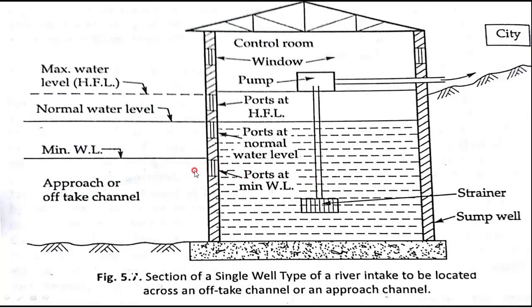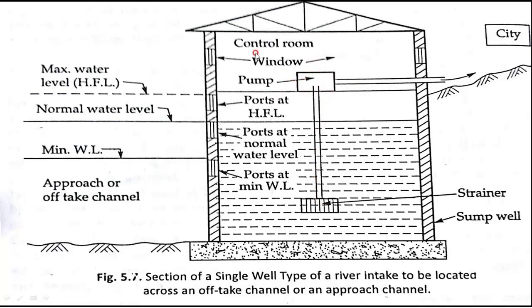Now even in the summer season, this intake structure should have some water. From that water it is pumped. This is called a strainer. This is connected to one pump, and here some screens will be there. Why screens? Because it is a river. In the river the debris, leaves, branches, bushes, stones, everything will be there. All those things will come and dump here. Whenever you suck the water from the pump, they should be retained here, and only pure water should come here. Therefore this pump is connected with the strainer, and the strainer is connected with the screen. That water comes here, and this is called a pump.